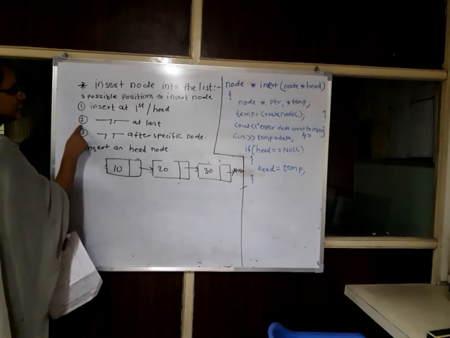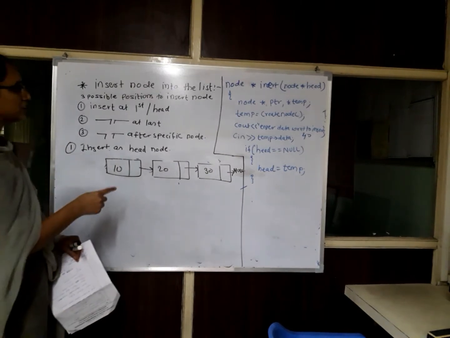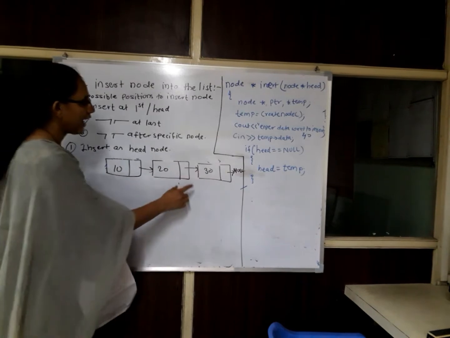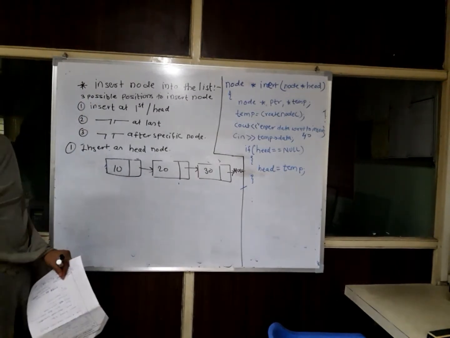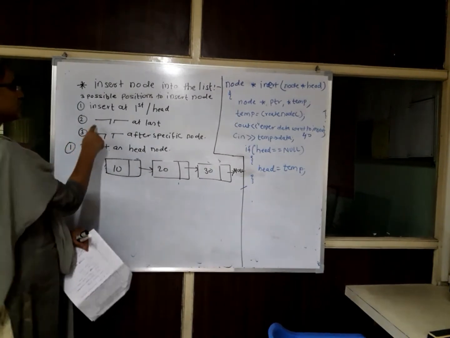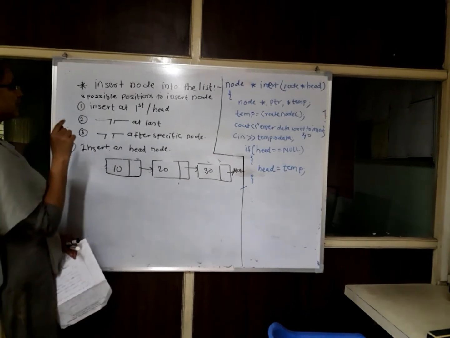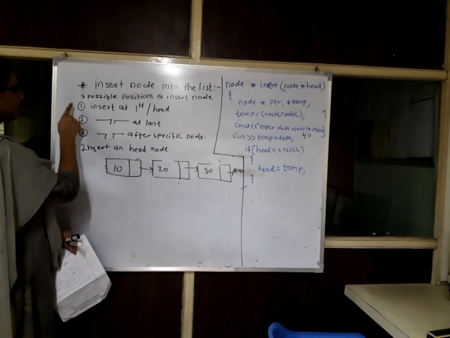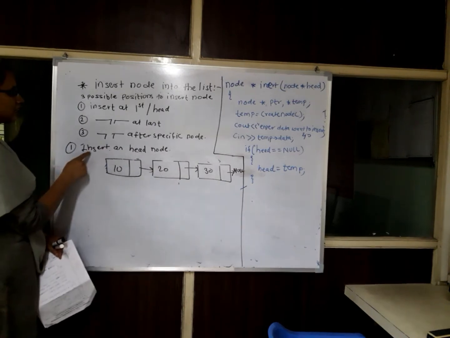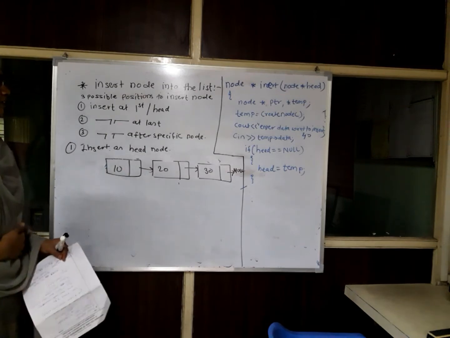From that, the second case is similar to the creation of list, because in creation of list, every time whatever new node gets created, we are adding that node at the end. So the logic of this second case is similar to creation of the list. So we will focus on this first and third case. From that, the first case: how to insert a node as a head node or as a first node.